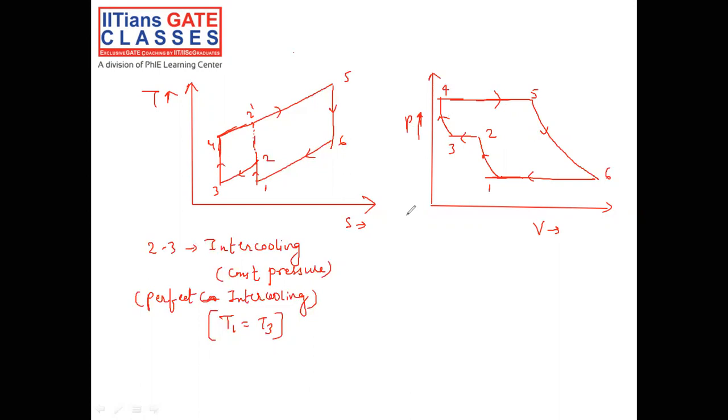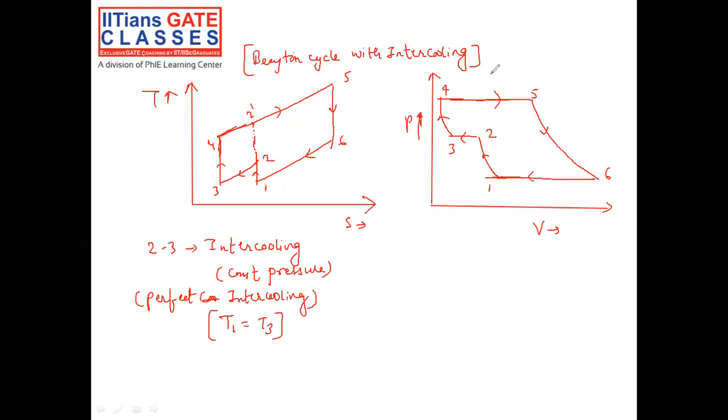Now we are drawing the Brayton cycle with intercooling. Now let me show what is the effect of intercooling on the Brayton cycle, or the efficiency of the gas turbine,